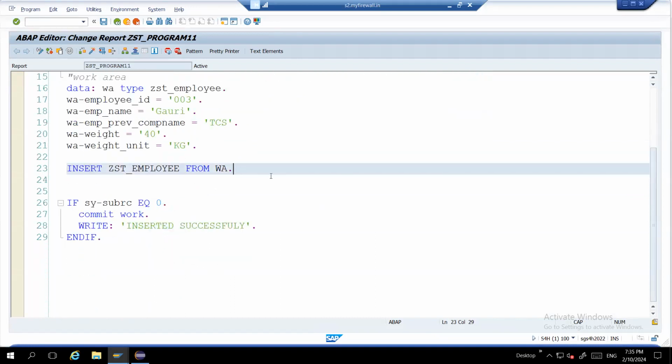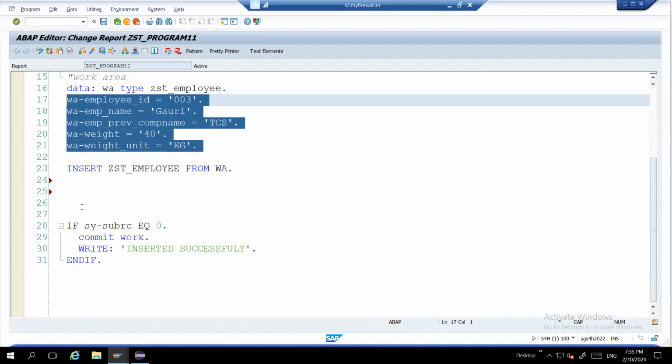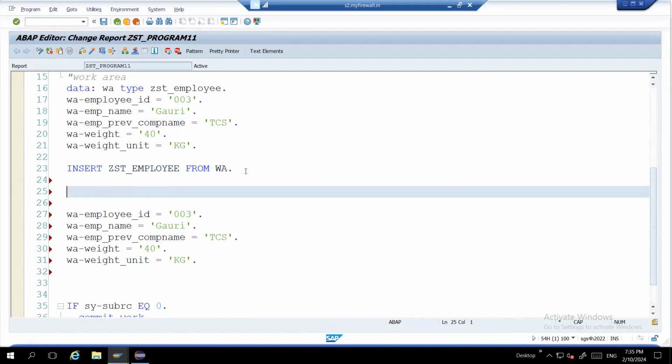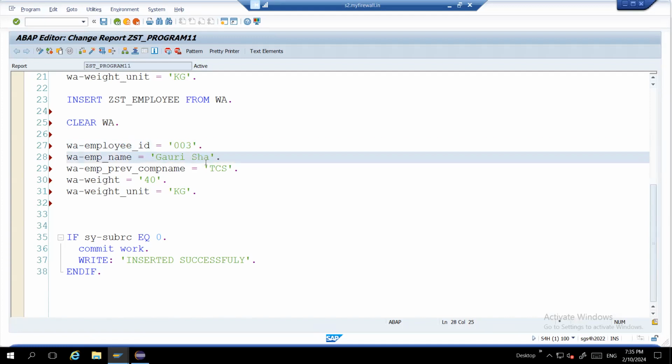Now one more command is there called modification, modify. So I'm going to prepare one more data. Clear the work area so that you can reuse the same work area. Employee ID, let's suppose 3, and I want to modify the employee name from Gauri to Gauri Shankar. The employee name only I want to modify. Activate this one